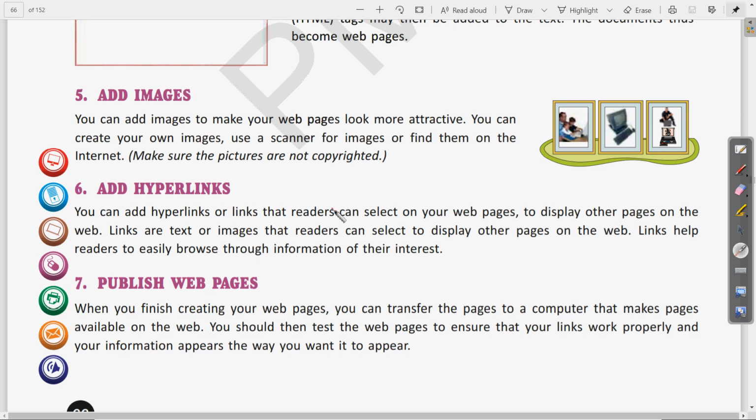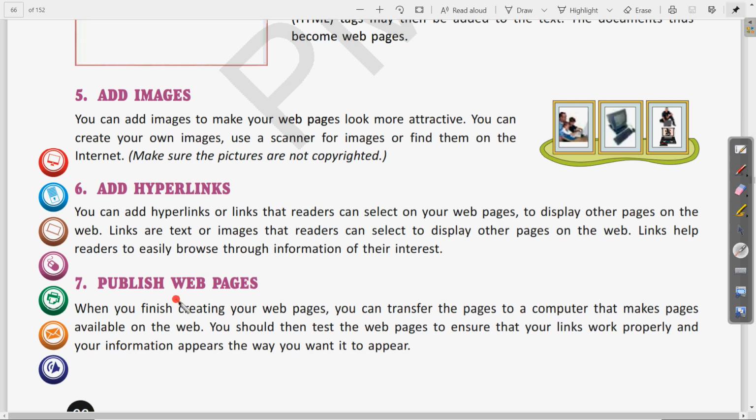Next is adding hyperlinks. If we want to switch from one page to another, or navigate from any topic to another section of the same page, we need to use hyperlinks. Hyperlinks are links which, when clicked, point to another section of the same page, or can also be opened in a new page, clear. Depending on that, they are called internal hyperlinks or external hyperlinks.